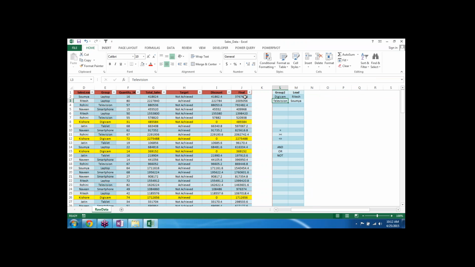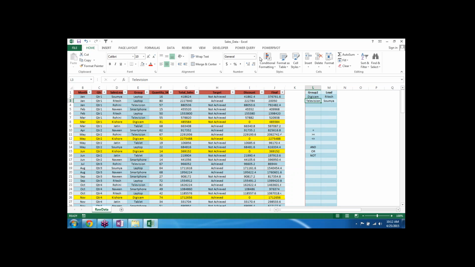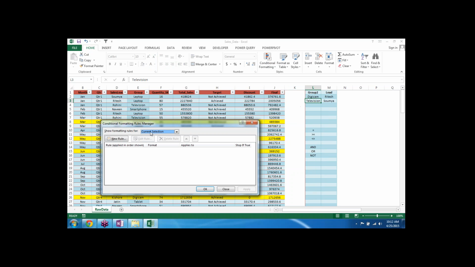So we have not done any extra work here, just saying that apply the conditional formatting to the entire set of records, and then always maintain to check the E column of it. So that's what we have done here. If you go to formatting and manage rules, you can easily see, if you go to this worksheet, you can easily see whatever the function or the format we have mentioned here.